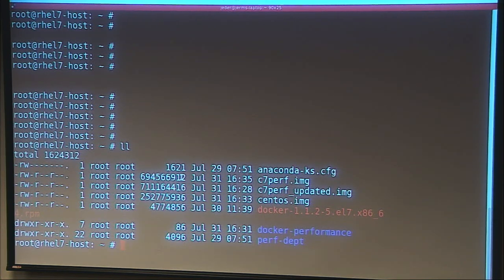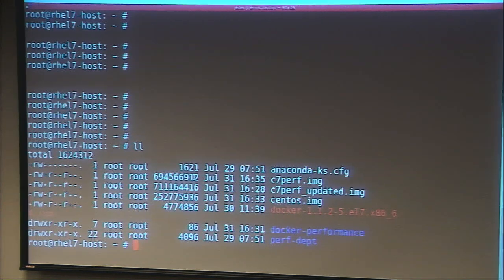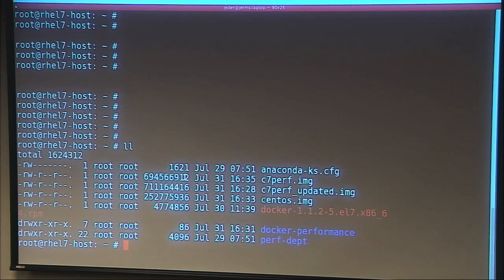So this is a RHEL 7 VM running on my laptop, so it's going to be the slowest thing. It's just not going to be performant, but this is a functional type of test. I just want to show you how we run these benchmarks. We can run these benchmarks in such a way that they're inside a container, but yet the result data gets persisted. The Docker performance,